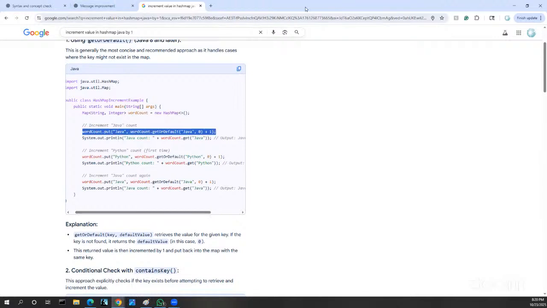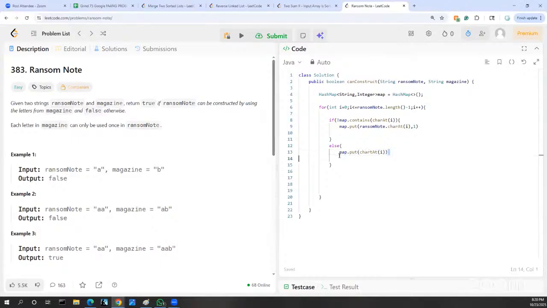So I'll just copy that from here, just for the sake of ease, and now we'll make our changes. So first let's replace the name of the map. Then this is the character at i. So I'm going to take this here and replace it with the character at i, because this is our key. This is going to keep changing, and then we're going to increment it by one. So once we have all the counts,